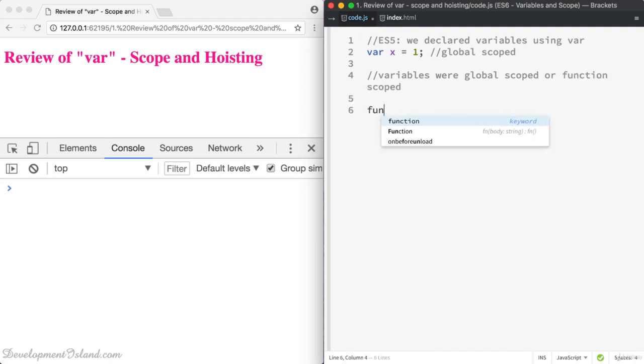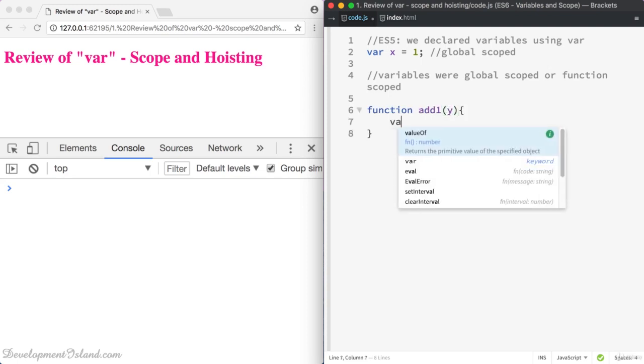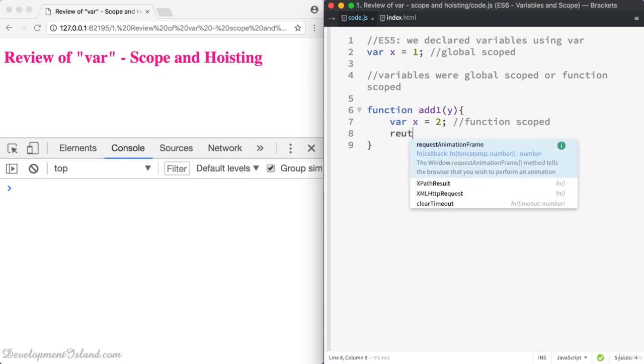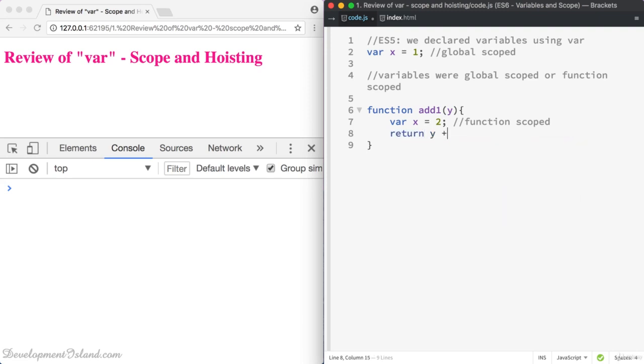So if you declare a function add1, for example, and you declare a variable x inside it, then you know that this variable here is function scoped, unlike the first one, which is global scoped. Now, if you return something like y plus x, and you try add1 of 3, then you know you're going to get 5, and that's because when you get there and